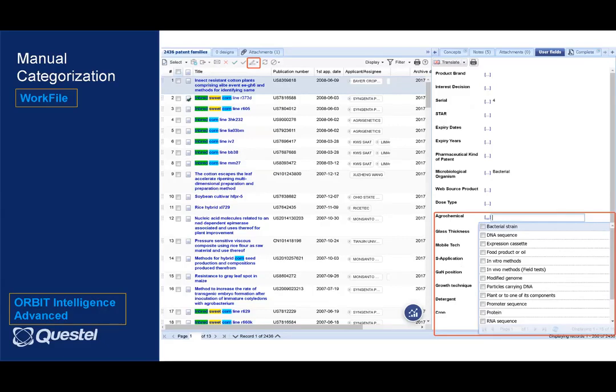For example, this patent needs to be tagged as agrochemical. Maybe it's a bacterial strain. Maybe it also complements a modified genome. Maybe the patent also talks about an in vitro method, and all of those user fields. Since it is a multi-value selection, you can choose, and once you click on save, this will be classified for a particular patent. Now in here, you need not give it a single document every time. You can select a group of documents and click on a pencil-like icon on the top, and for a set of patents you can classify them in a single go.